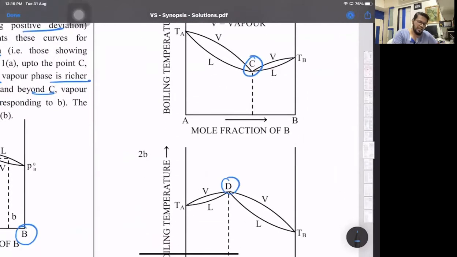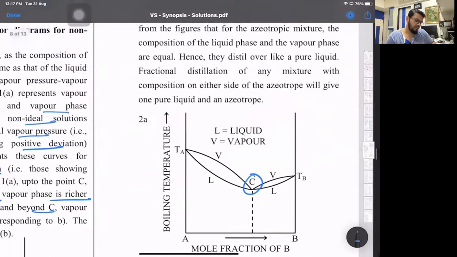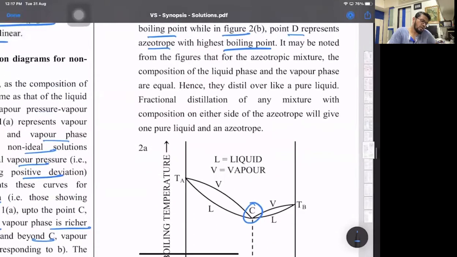Yes, because this is a negative deviation, that's a positive deviation. So depending upon whose vapors and the liquids. One is basically the vapor phase and one is the liquid phase. So whose vapors are coming faster, that will be a more volatile liquid, and fewer vapors will be for a non-volatile liquid or a less volatile liquid.